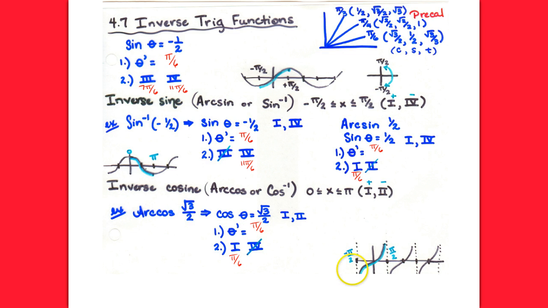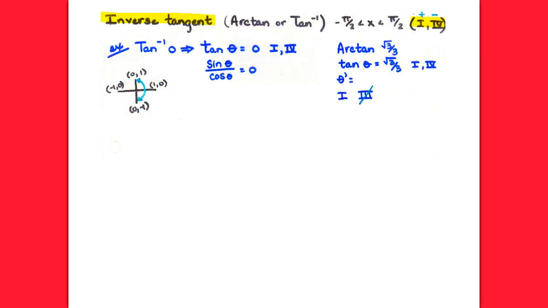Now, -π/2 to +π/2 for tangent, that's the same region as we used up here for sine. The only difference is we will have equal to with sine, we will not have equal to with tangent, because notice that π/2 and -π/2 is where we have our vertical asymptotes. We couldn't be equal to that. So when we work with inverse tangent, we will use the piece from -π/2 to +π/2. That's first and fourth quadrant, just like sine was, with the exception of we're not equal to it. All right,